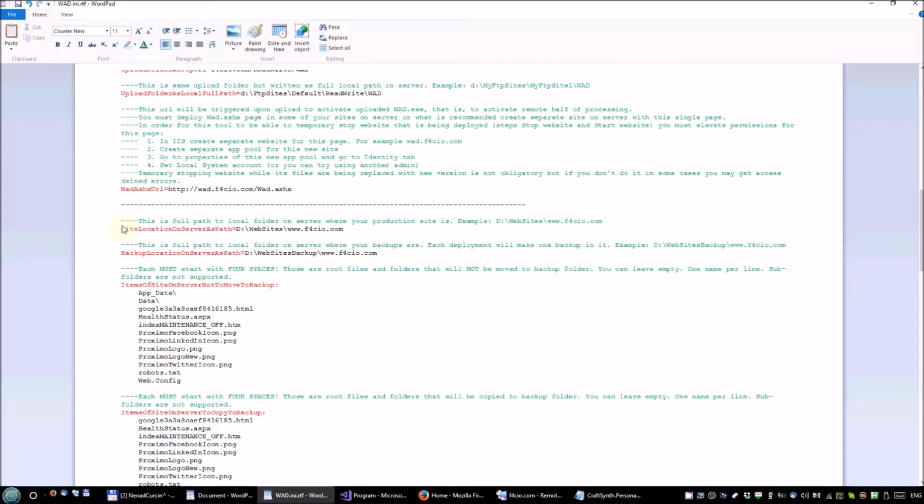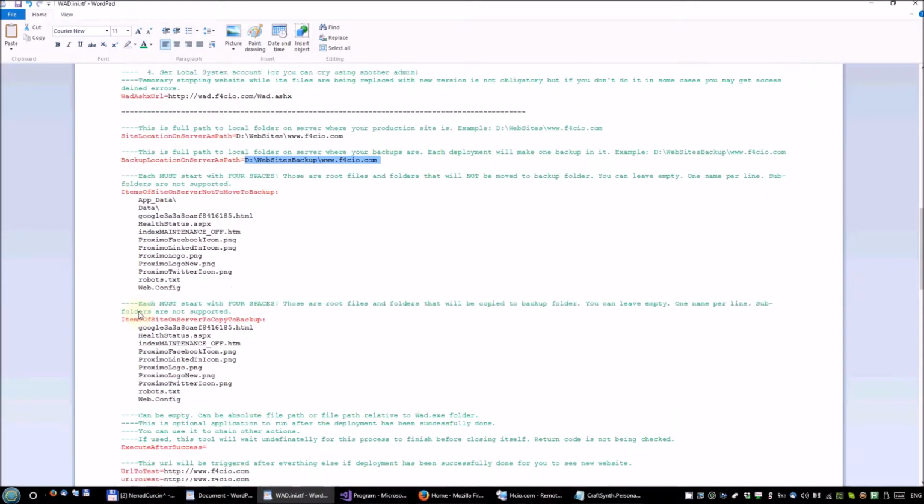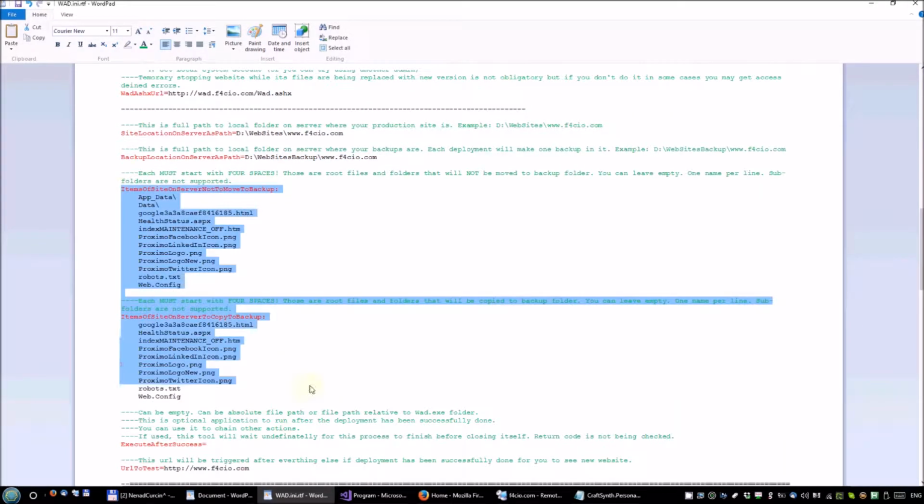Here are the remaining parameters, not specific to FTP nor upload to shared folders. This is the location of your actual website on production. It's written as an absolute local path. Location for your backup, again, as an absolute local path. And in those two parameters you can define which root files or folders you want to backup and which you don't want to backup. Again, I'm assuming that you want to backup almost all files, but